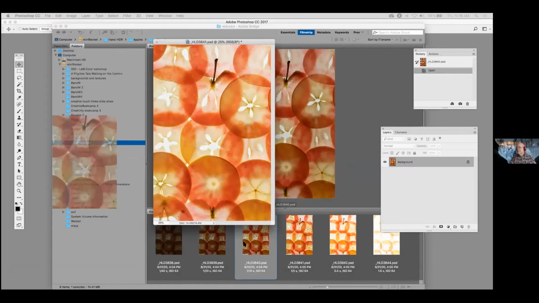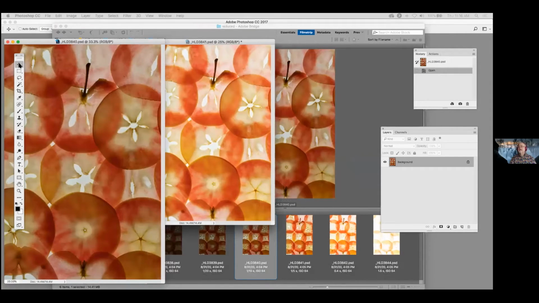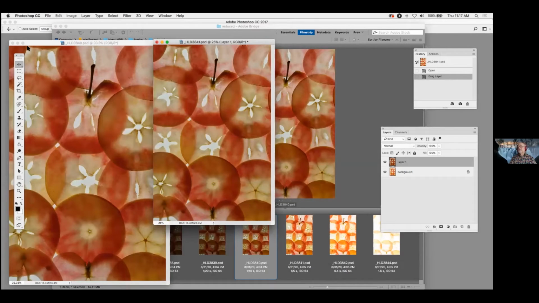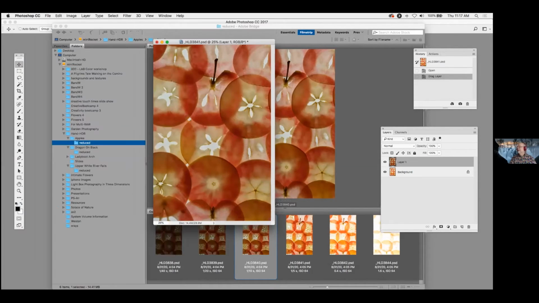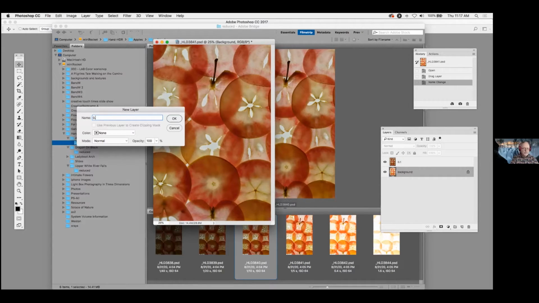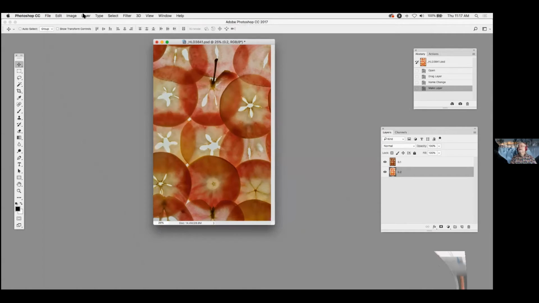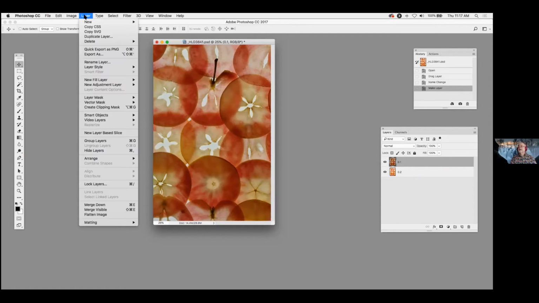So we're going to open up the 1/10 of a second again. The move tool, hold down the shift key, move it on top, let go of the mouse, and there you are. Close this down, and this is 0.1. This is 0.2, and I am going to put a layer on the darker one, layer mask, hide all, and